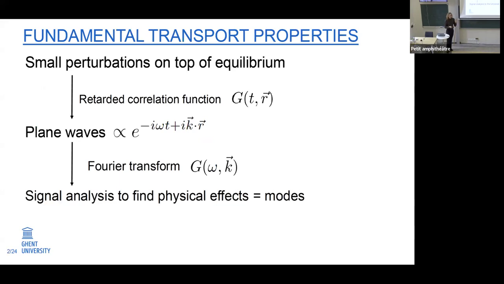So in particular, the features I'm looking at are the dynamics and the transport properties at the most fundamental level, which is by applying some sort of perturbation on an equilibrium state and then seeing how your system responds to it at some other point in space-time, which is given by the retarded correlation function. And because we're looking at this linear regime, it makes sense to decompose into plane waves and calculate the Fourier transform of the correlation function, where we then apply some form of signal analysis to find the different modes